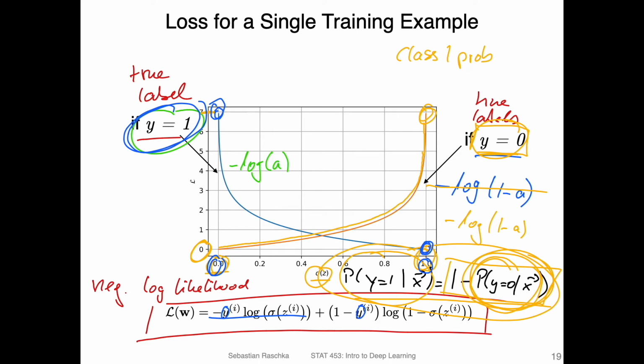So the takeaway here is really, this is how our loss function looks. We want a high probability for the right class, and a low probability for the right class, or a high probability for the wrong class, consequently will result in a very large loss. You can see it's steeply increasing here. That's the takeaway: there is a large penalty for making a wrong prediction.